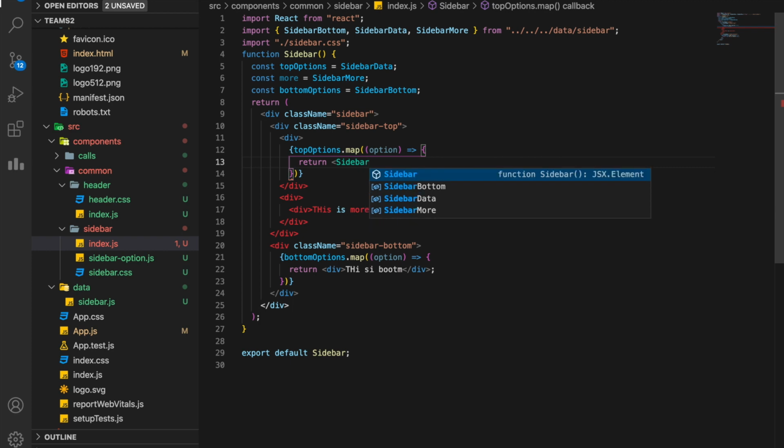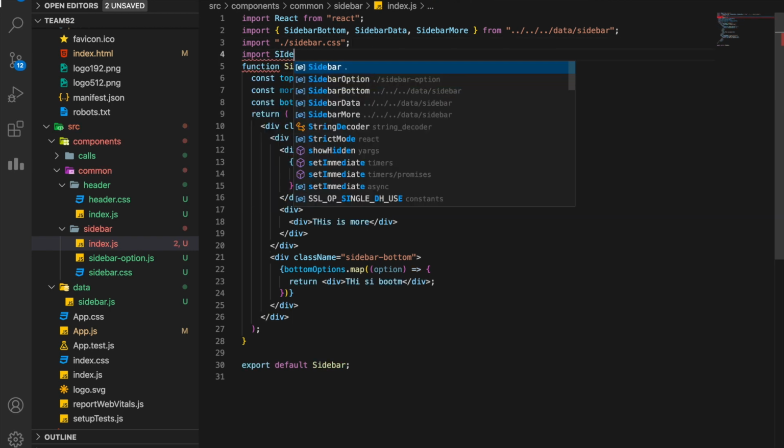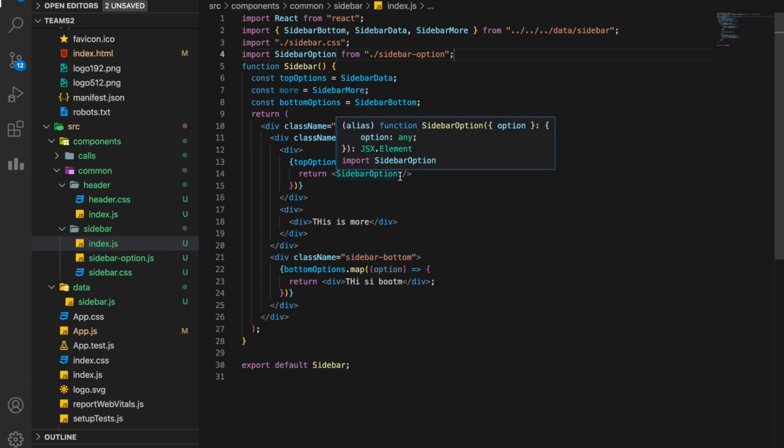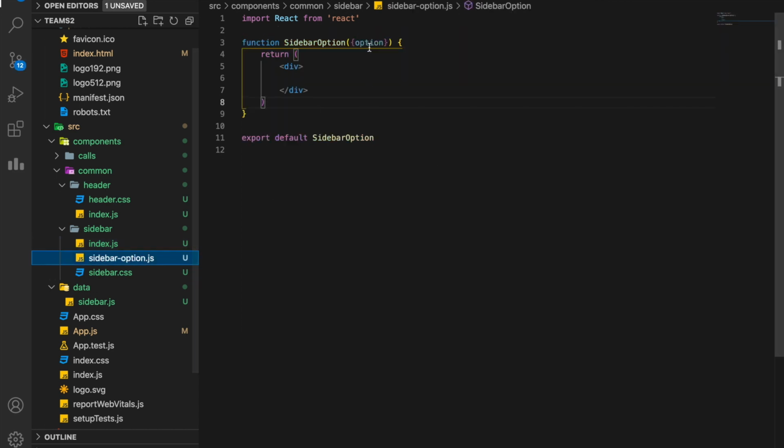Sidebar option. I don't know why it was not automatically imported. I'll import it here. Sidebar option is imported. You see I can give this thing any name, but I am calling it option and I will pass it as a prop. So option, now this option is passed here. I can now use it any way I want.